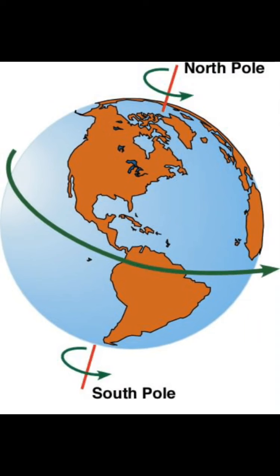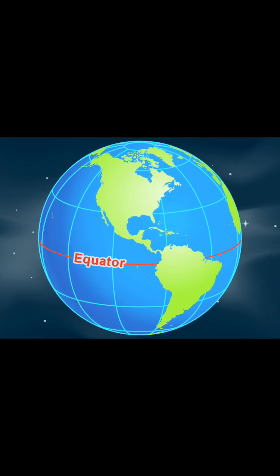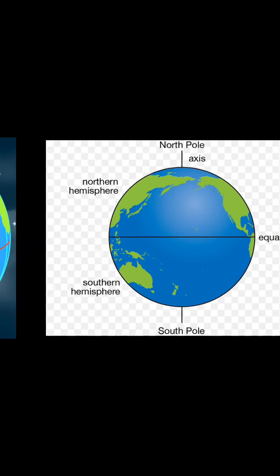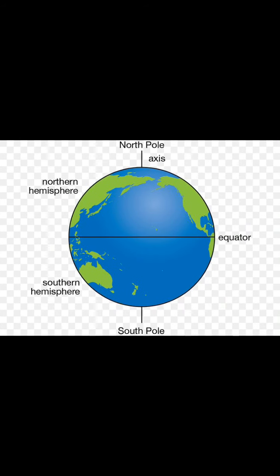The two equal parts in which the Earth is divided are the northern hemisphere and the southern hemisphere. The part of Earth above the equator is called northern hemisphere, whereas the part of Earth below the equator is called southern hemisphere. Let us see the equator given over here very clear and how it divides the earth. Now we see over here the northern half of the earth is known as the northern hemisphere and the southern half is known as the southern hemisphere. Northern hemisphere is located in the north side, southern hemisphere is located in the south side.